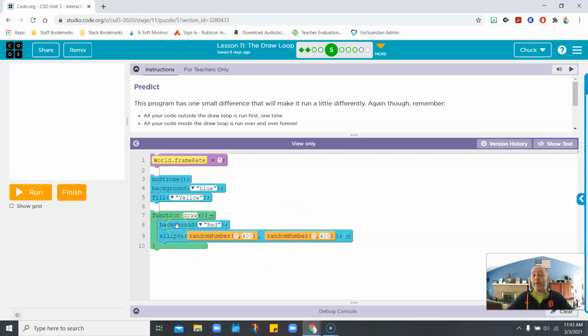Now, we put the background in the draw function. So here's what's happening in super slow motion. Red background, circle. Red background, which covers the other circle, a new circle. Another red background, another circle. So what keeps happening is